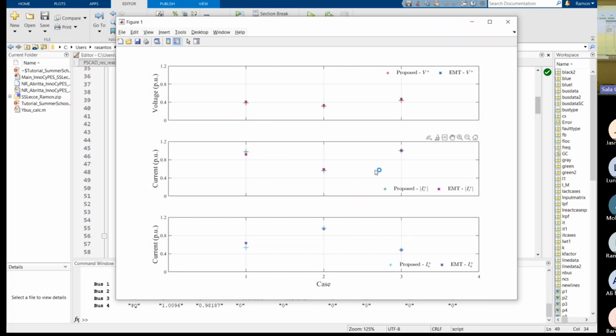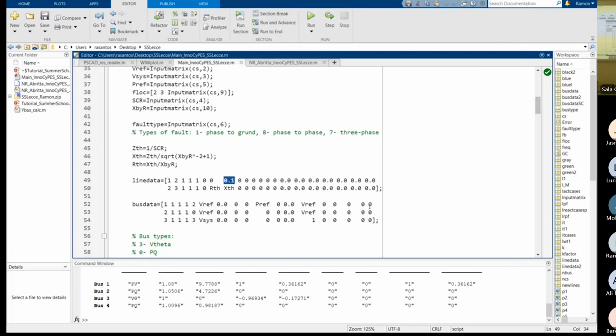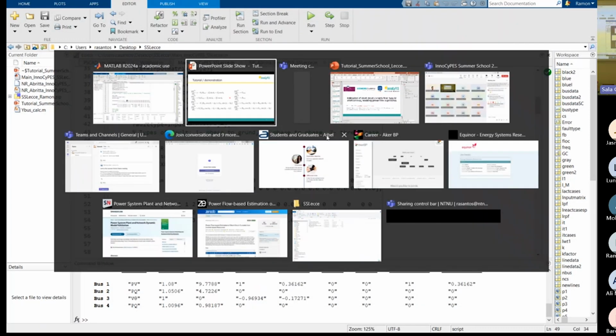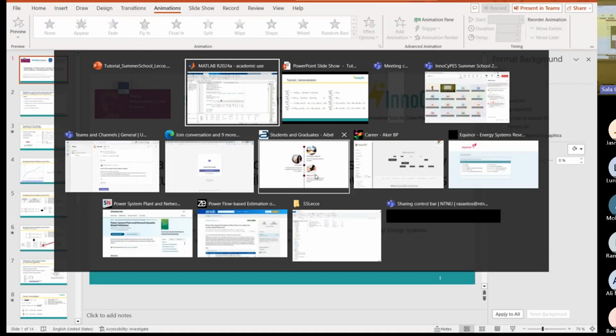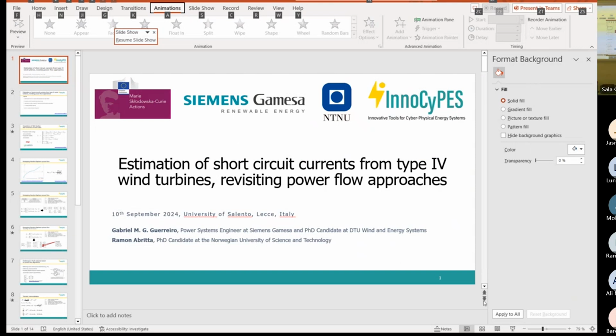But the message here was that I just wanted to show a few of the challenges that show up when we are trying to do this. And this is just one of so many, but just for you to get a feeling of how it is to go through this process of doing this estimation to power flow methodologies. So if we go back to the presentation,